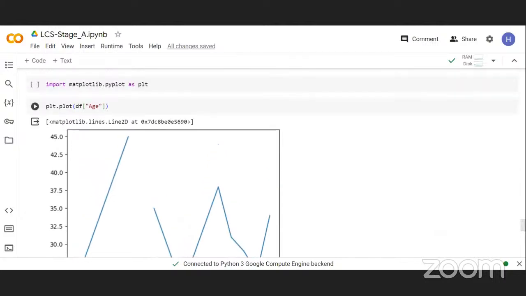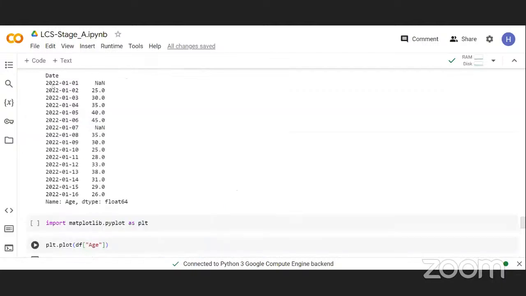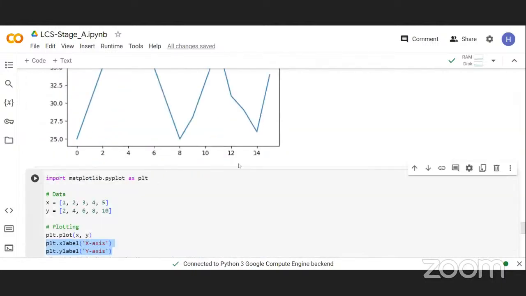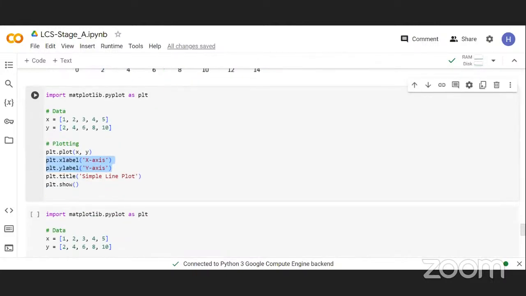You can see that for this plot, all we have here is 45, then 0. There's no label. We don't know what is on the y-axis, and we don't know what is on the x-axis. To give the x-axis and the y-axis a name, you use these lines of code. You give the x label a name, and then you give the y label a name also, and you can also give a title to the plot. So if I run this piece of code now,